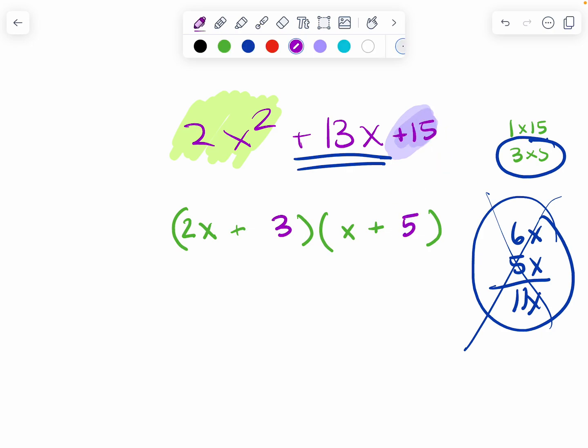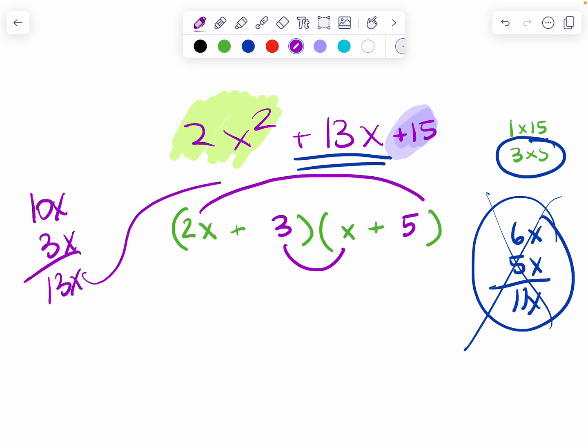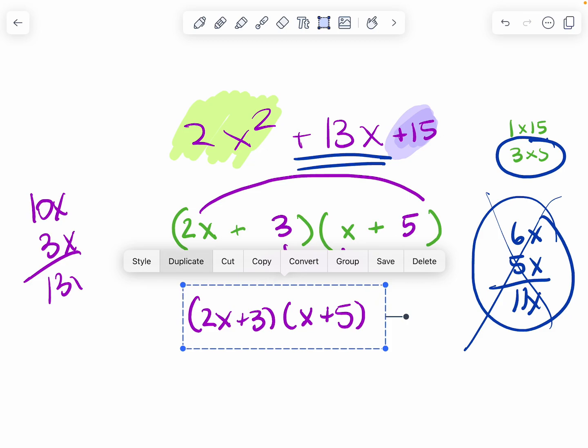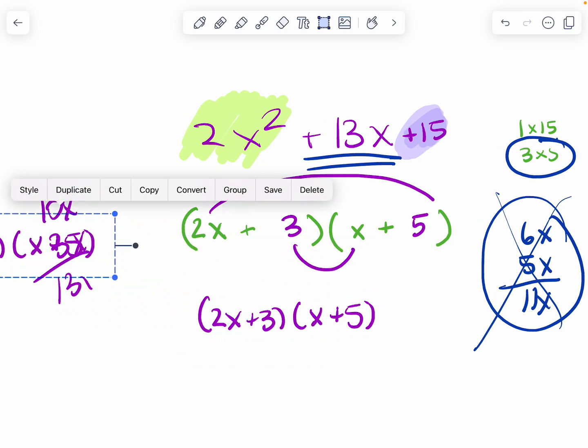Now I'll just worry about the insides. 2x and 5 gives me 10x. 3 and x gives me 3x. That's 13x. What I have in the middle is a 13x. So now I know that my parentheses, my factors, whatever you want to call them, this is the correct answer. And so now I'm just going to take this factored form and put it back on the top